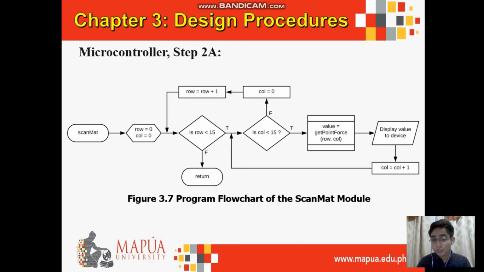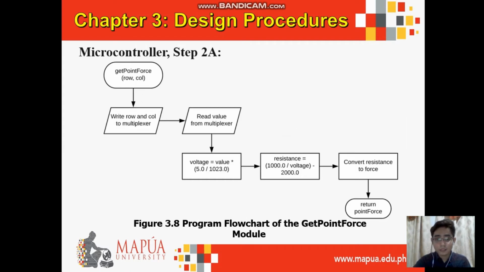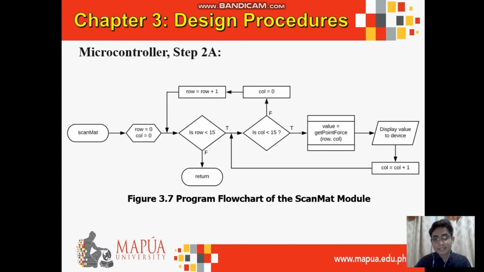we move on to the getPointForce module. Here we have the getPointForce module, row and col. First, it writes row and col to the multiplexer. Then the microcontroller will read the value from the multiplexer. Then this value will be used in calculating the voltage, and once the voltage has been calculated, the program will calculate the resistance. This resistance will then be converted to force, and this force value will be stored into a variable called pointForce, which will be returned to the ScanMat module and placed into a variable called